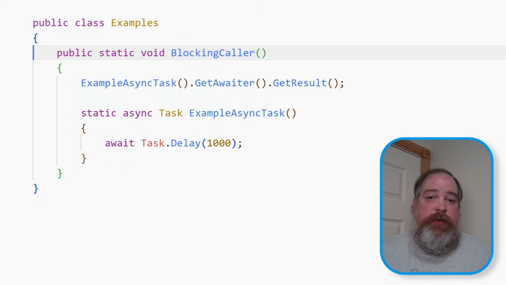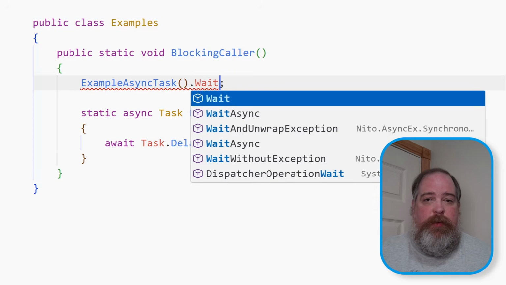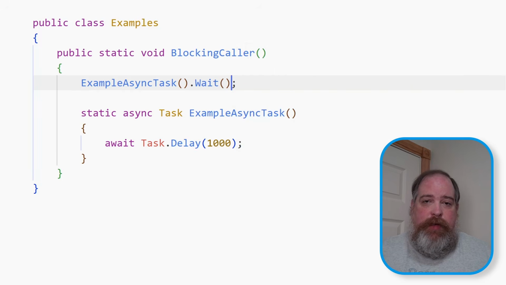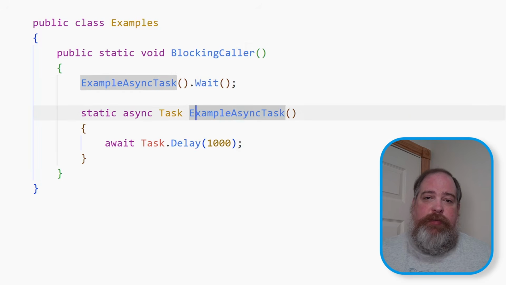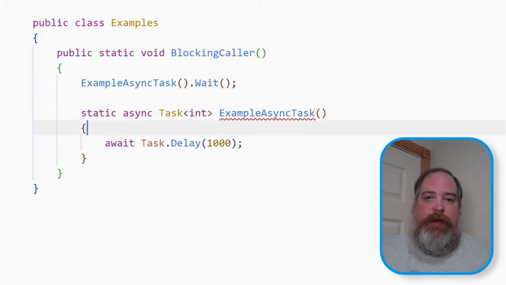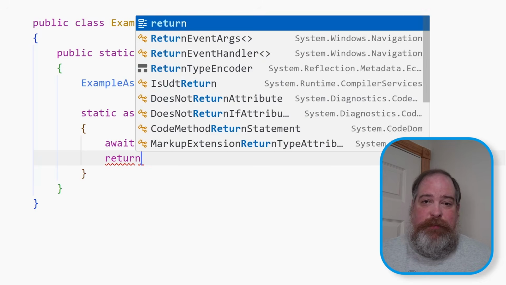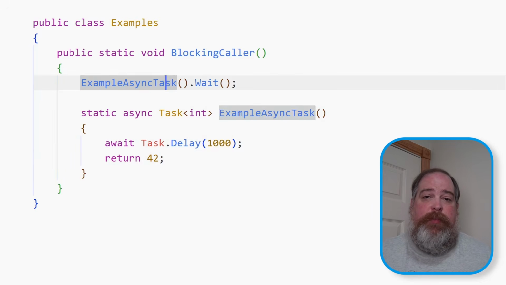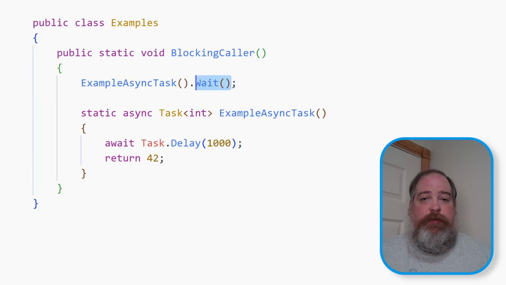Blocking on asynchronous code can take different forms. It often looks just like calling GetAwaiter().GetResult(). It can also look like calling the Wait method or the Result property. Of course, if you're calling the Result property, then you have to be calling a method that actually returns a value. It's important to note that both the Wait method and the Result property will wrap any exceptions in an